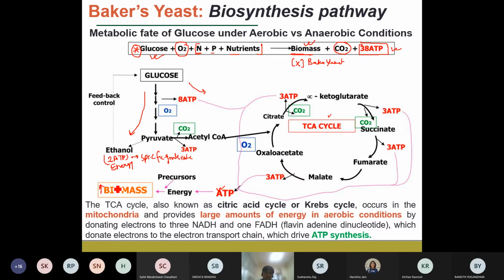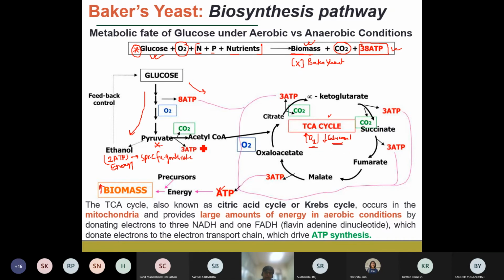So that is why generally in the case of Baker's yeast, this TCA cycle is carried out, and this TCA cycle gets activated only in the presence of a higher oxygen concentration and a lower glucose concentration. Okay, so this is the basic requirement to activate the TCA cycle. And if you look into the TCA cycle, what happens after the pyruvate? Once the pyruvate is produced, the microorganism senses a higher oxygen concentration or a lower glucose environment.